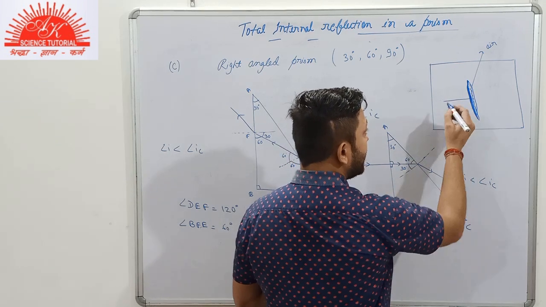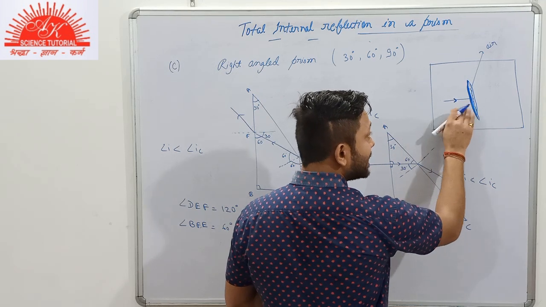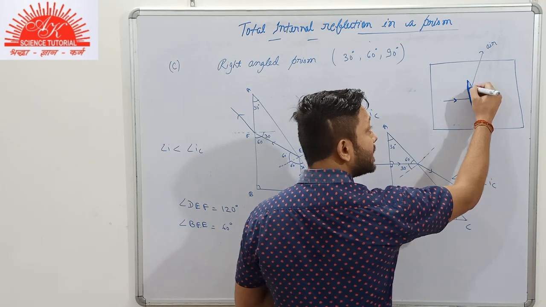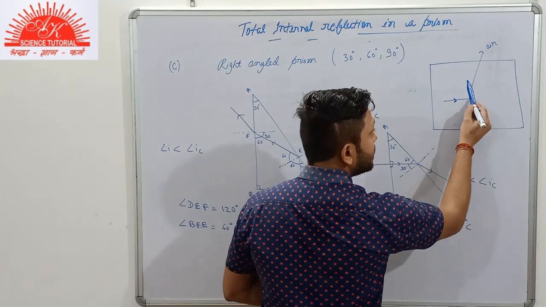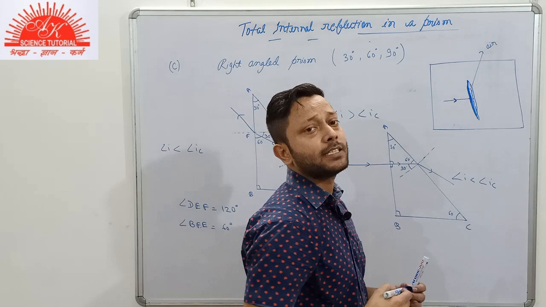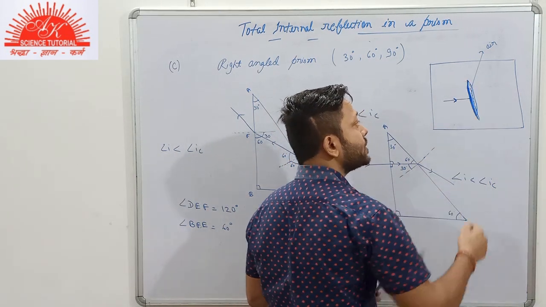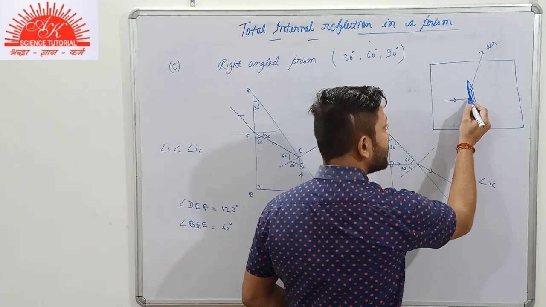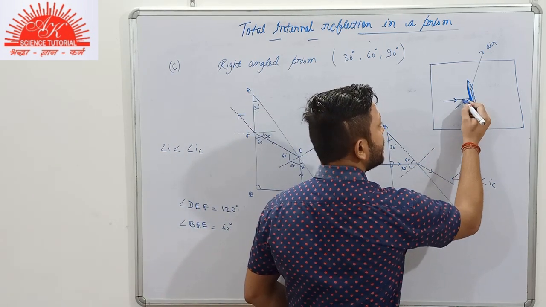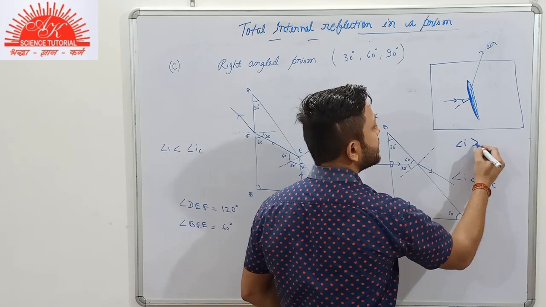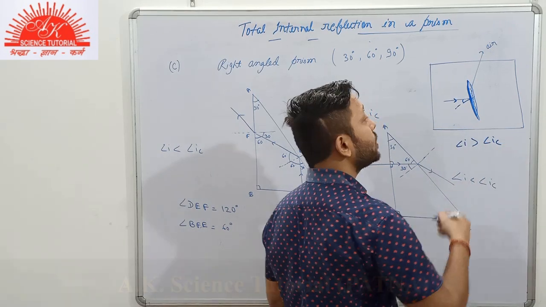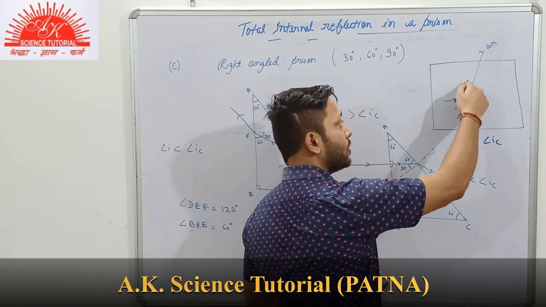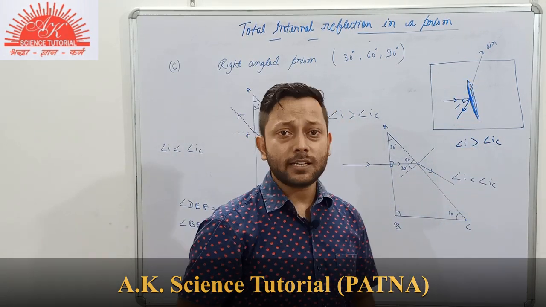So now, the light ray has to travel from denser, that is from glass, to air inside this crack. If it strikes the surface of separation and makes an angle of incidence greater than the critical angle, then total internal reflection will take place. And that is why this crack appears to be shiny. It shines like a plane mirror.